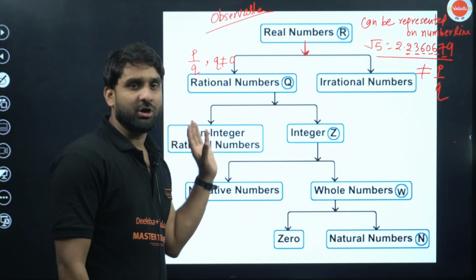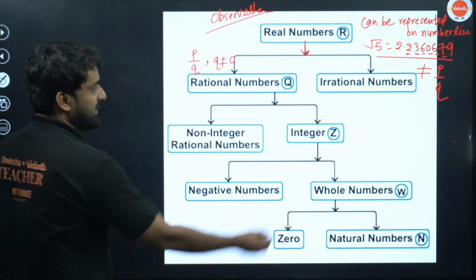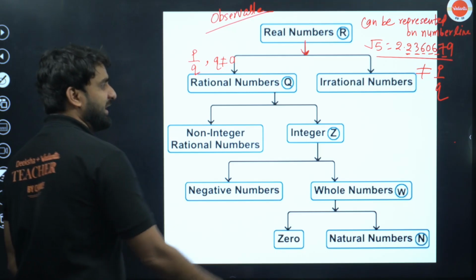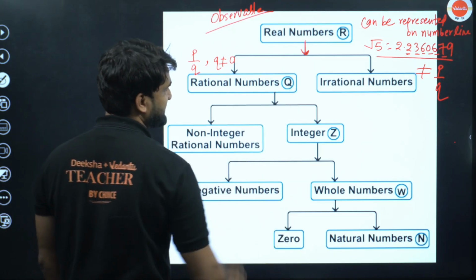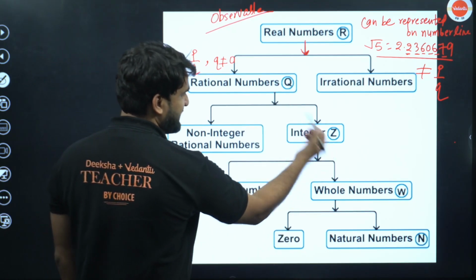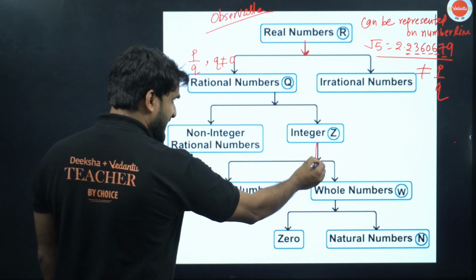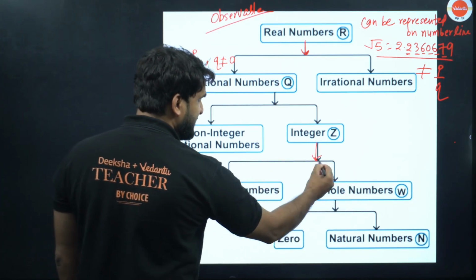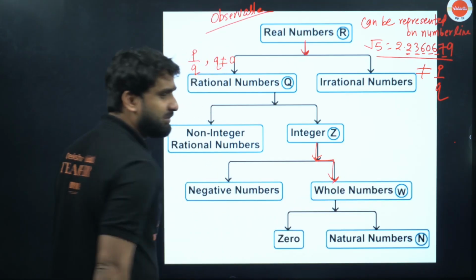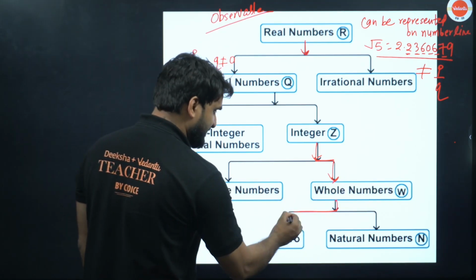I'll be talking about this ahead. Okay, so this is the integer here. Can you see, integer? Rational number is represented as capital Q and integer is represented as capital Z. Now integer has been categorized into two parts. Integer means whole number, the complete whole number comes up, and whole number is categorized into two parts, which is